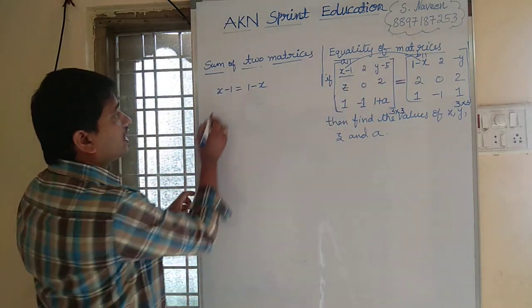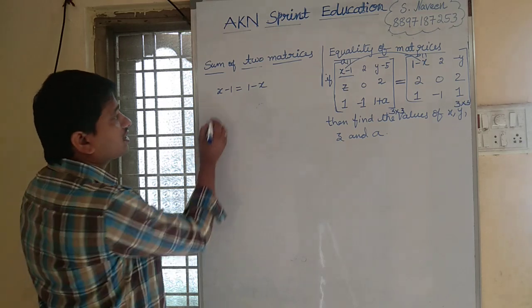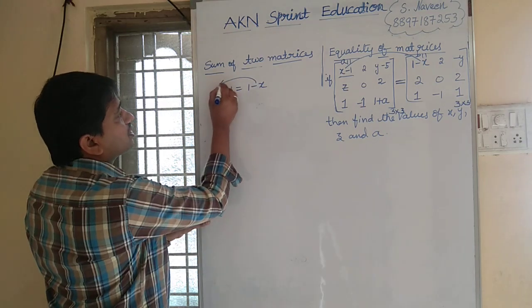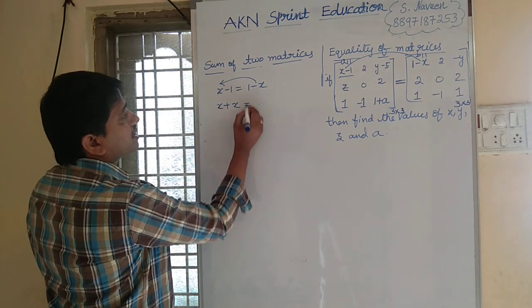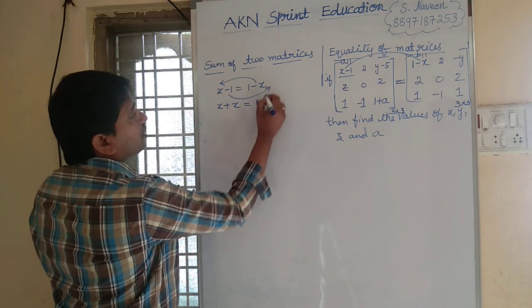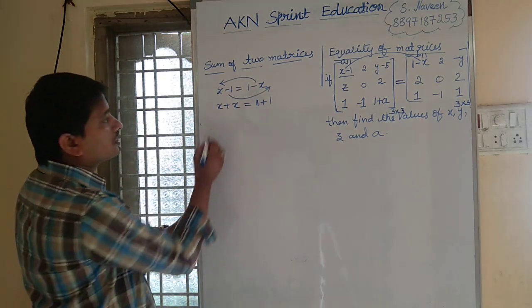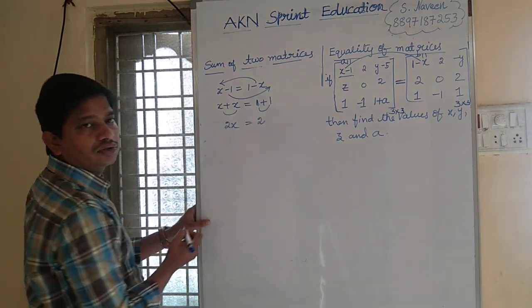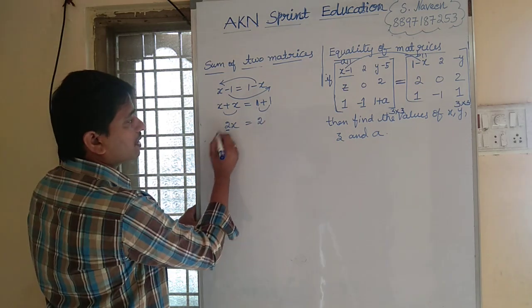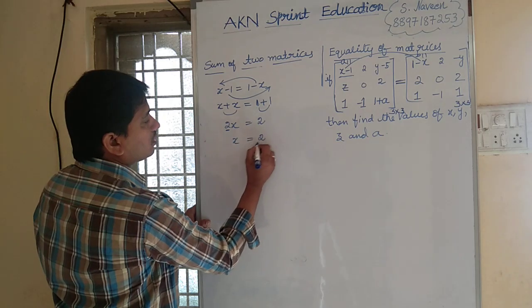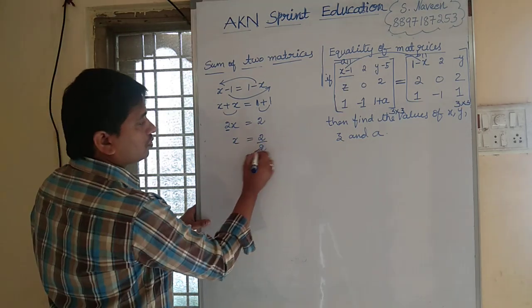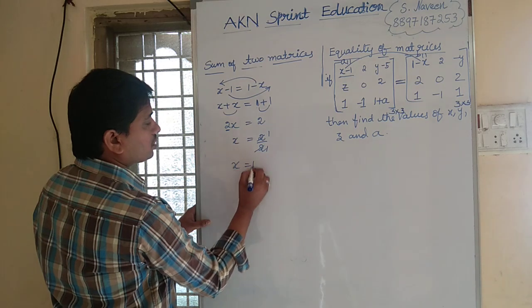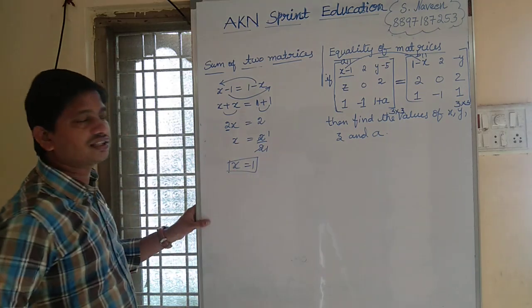We need to equate, that is x minus 1 is equal to 1 minus x. x as it is, minus x we transpose, which will be plus x. Here 1, minus 1 we transpose, plus 1. x plus x, 2x is equal to 1 plus 1, 2, children. As 2 is multiplying here, we transpose, x is equal to 2 by 2. 2 1 jar, 2 1 jar. So x is equal to how much, children? x is equal to 1.